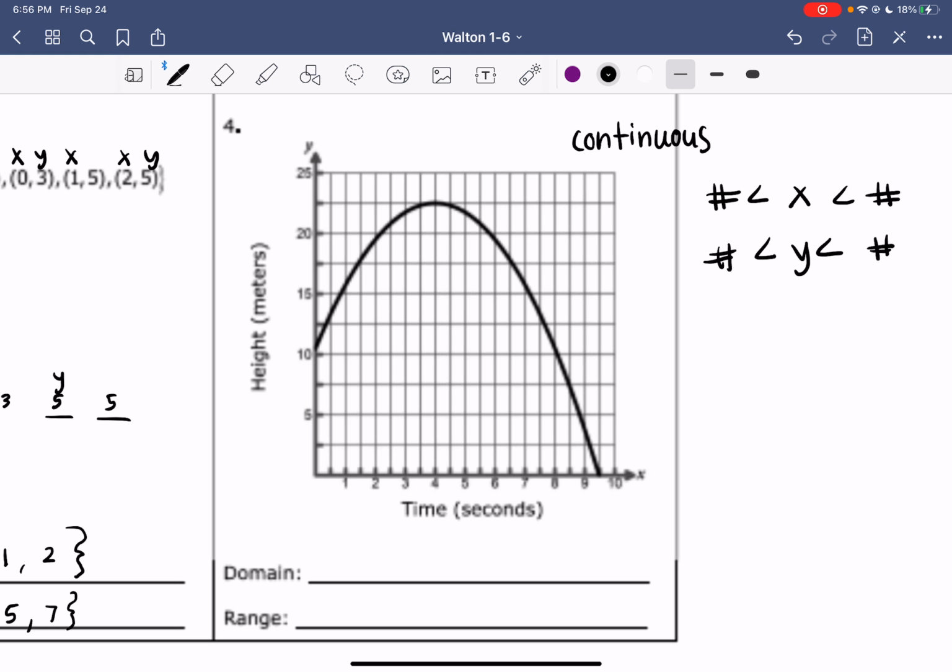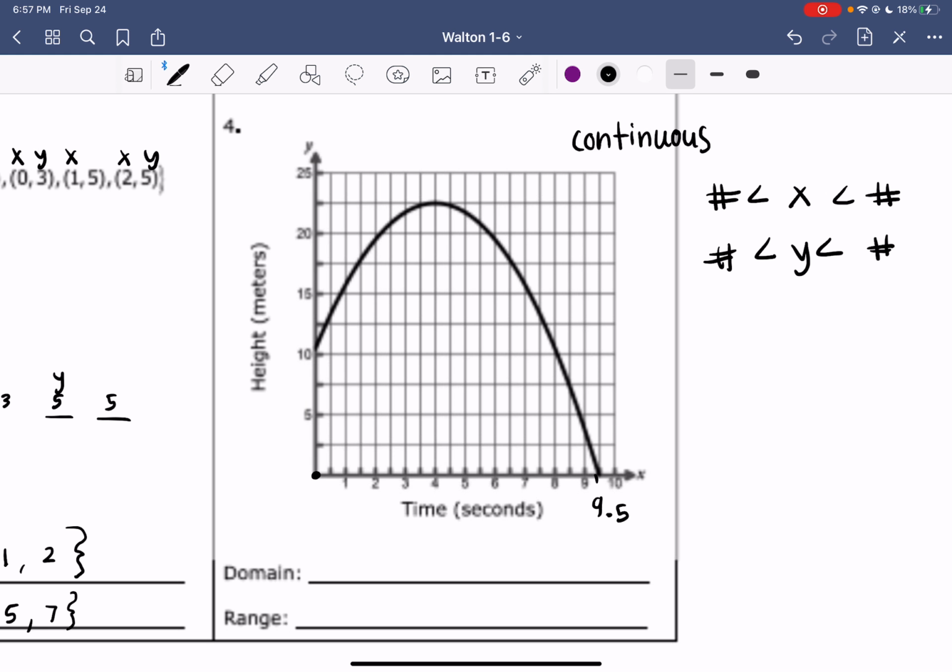So in this graph, if we're looking at the domain, we're looking from 0, because our least x value touches 0, and then it keeps going, and then it stops right here at